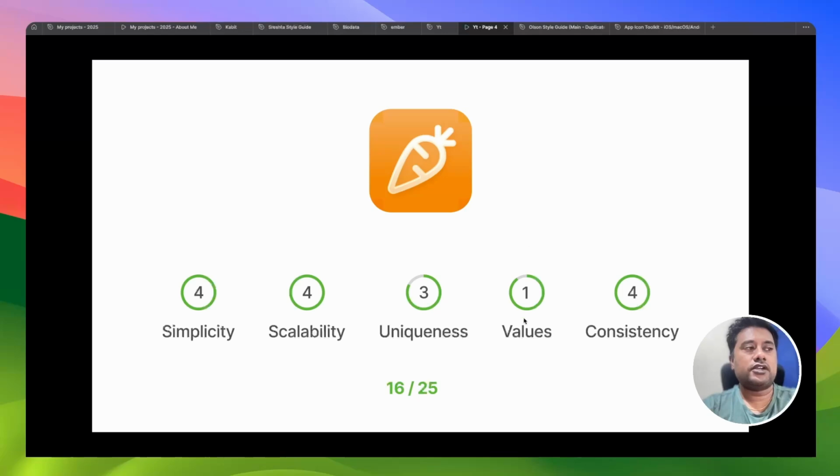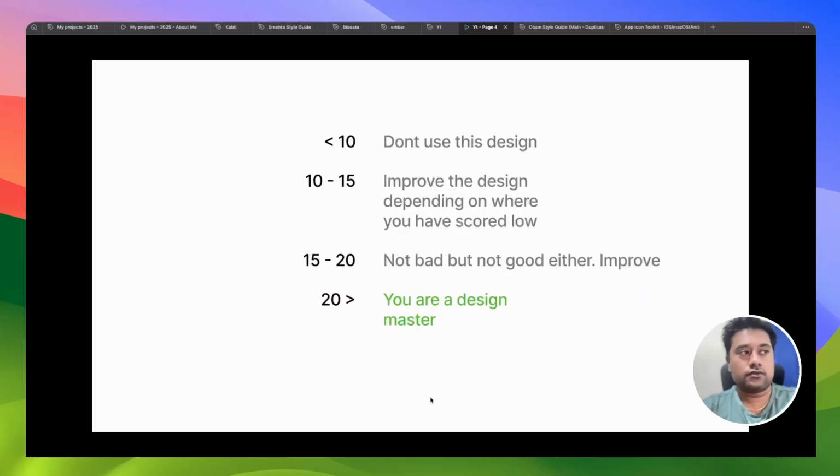If I increase values by 2 points and if I increase the uniqueness by 1 point, then I can easily reach the 19-20 zone, which will be good enough, right? And if it's 15 to 20, it is not bad, not good either. So if you are in the 15 to 20 range, I would say that you are good to go. You can use that as an